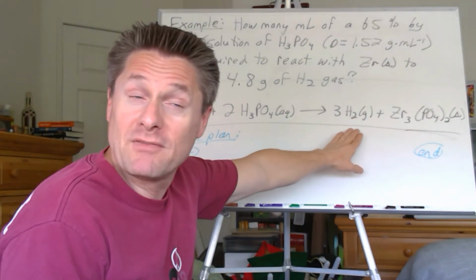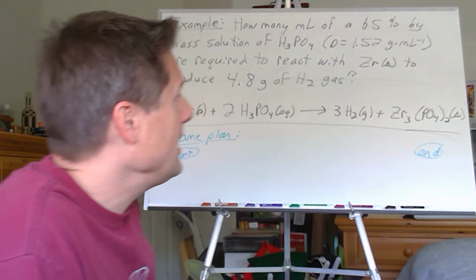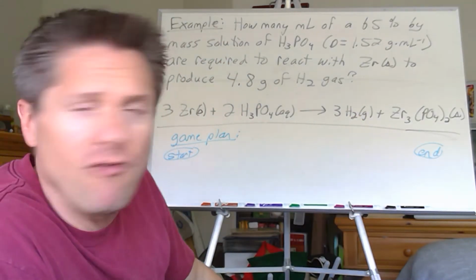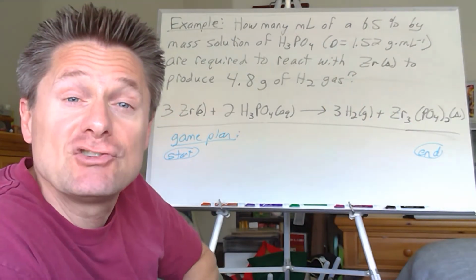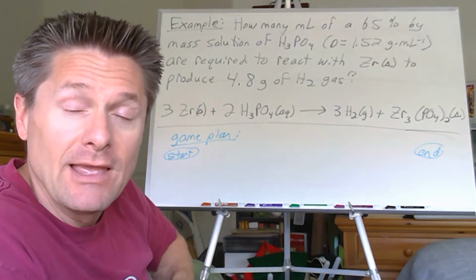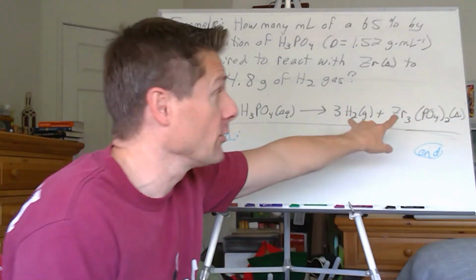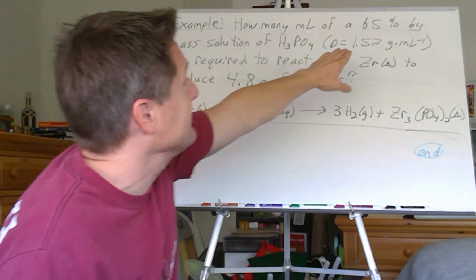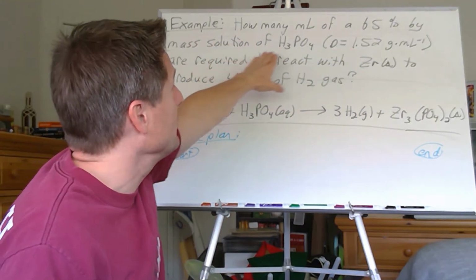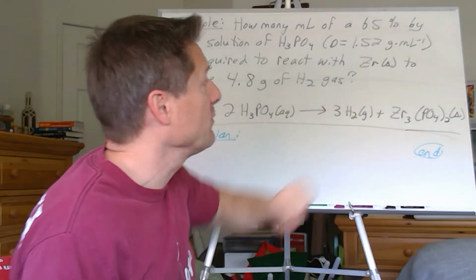Forming nice bubbles of hydrogen gas that we can collect and explode. And some zirconium 2-phosphate, it looks like. We'll learn how to predict the products in the next chapter. That's not important, so I'm giving you this. The point is to take out the mathematics. So how many milliliters of a 65% by mass solution of phosphoric acid with a density of 1.52 grams per milliliter solution